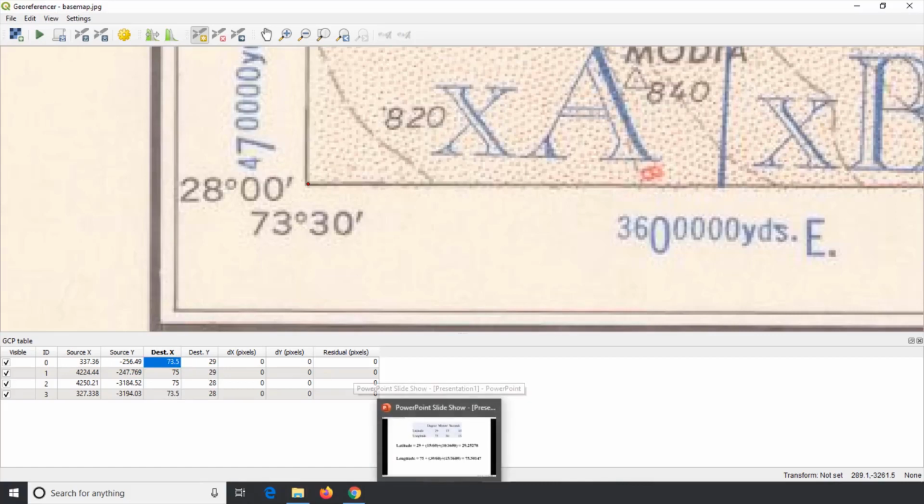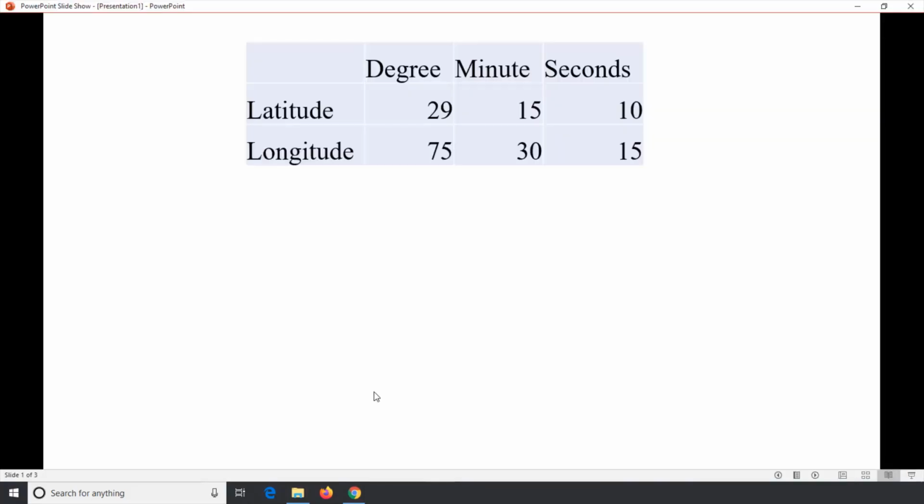Now we will see why it is necessary to convert degree, minutes, seconds into decimal degrees. Degree, minutes and seconds are specified in 3 individual units for a single point. To save this information into the system, these 3 individual units should be converted into a single unit. Hence, the minutes and seconds should be converted into degrees.